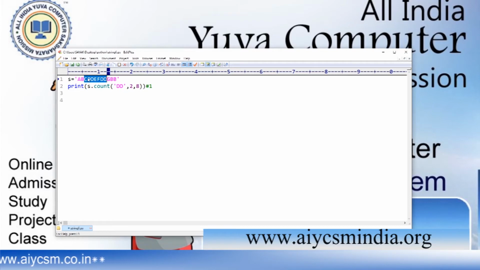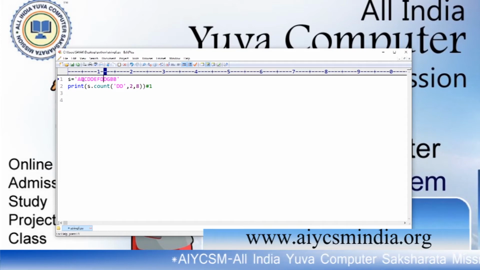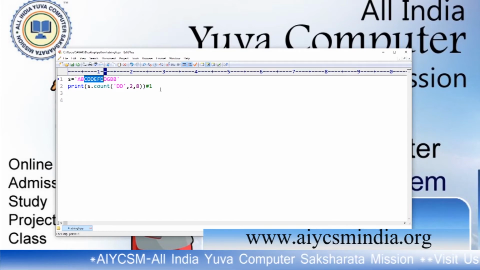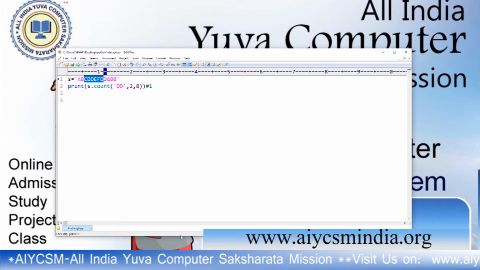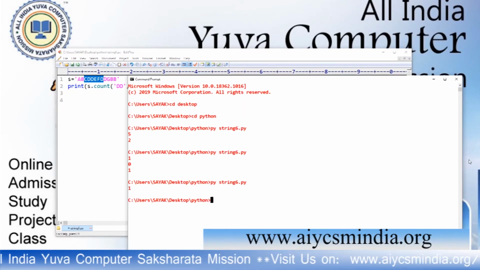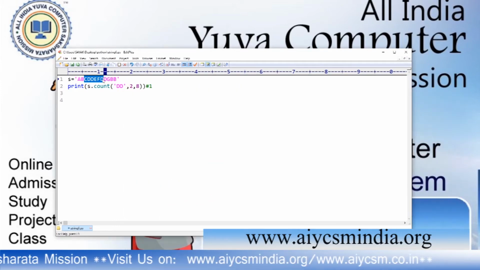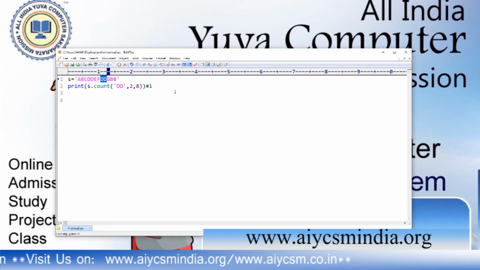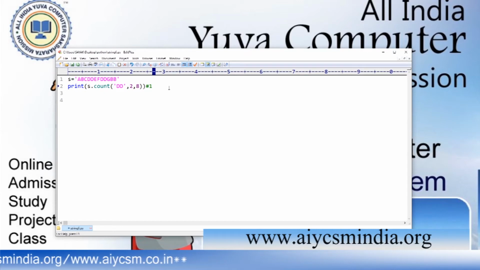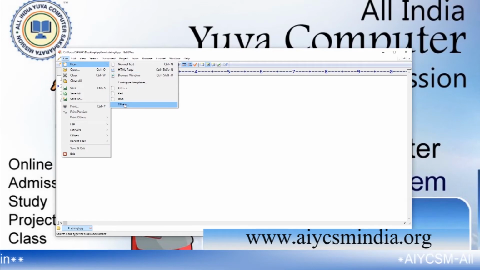Here is 1 dd and here is 1 dd, but 8 means it goes to 7, here to there. So it might return 1. Okay, it returns 1 because 8 means 8 minus 1, 7. This formation was not formed in there. So this is the program to count the occurrences, how many times the occurrence has come.